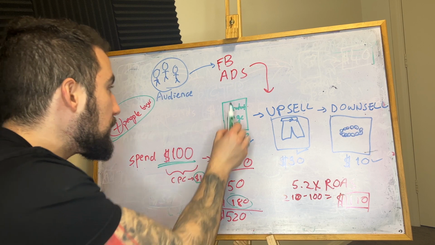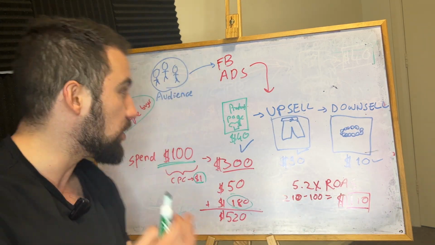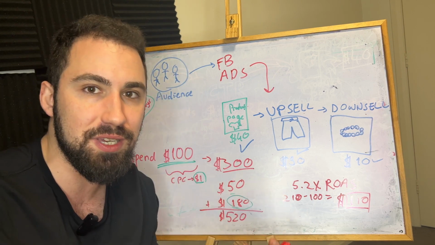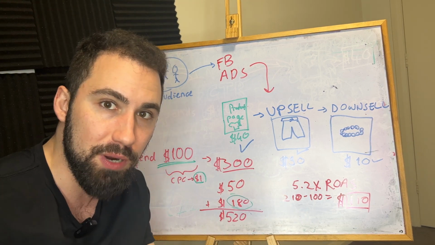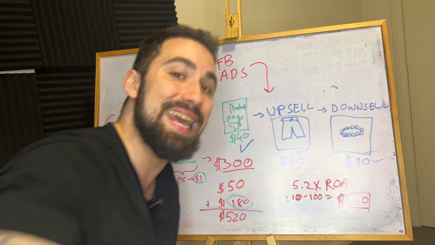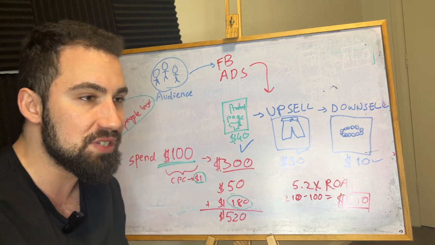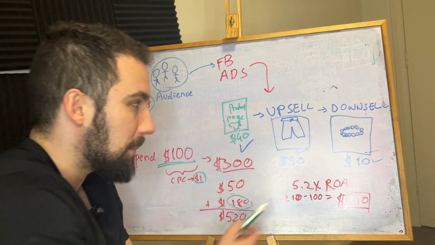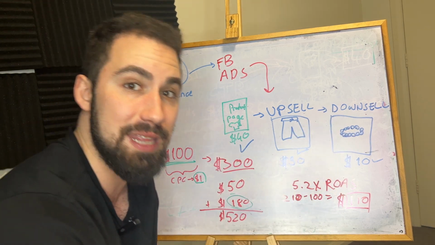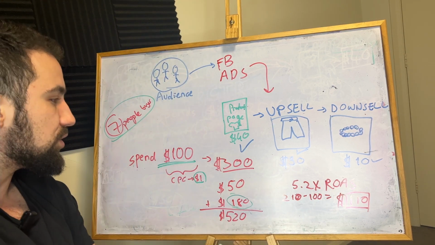These are the people who said yes to this product, guys. This is the 7 people who already bought the product in the 3x ROAS scenario. So we're not doing anything crazy here. These people are already going to buy, right? We're not talking about the people who are going to say no. Those are additional profits that we can downsell to, right? People might say no to the t-shirt when they land on the page, but we present that option and they buy eventually, which is also crazy, but I'm not counting that in this equation.